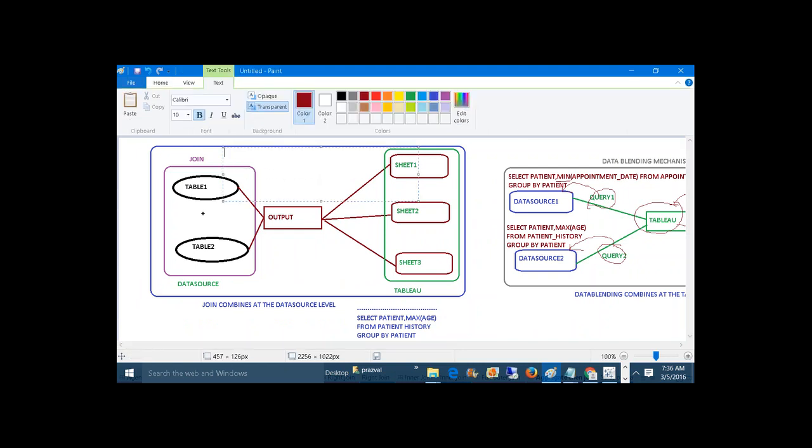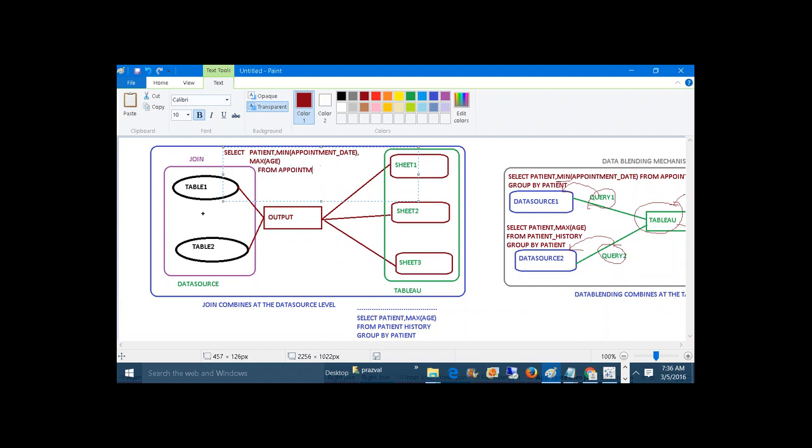We have to select patient, min of appointment date, max of age from